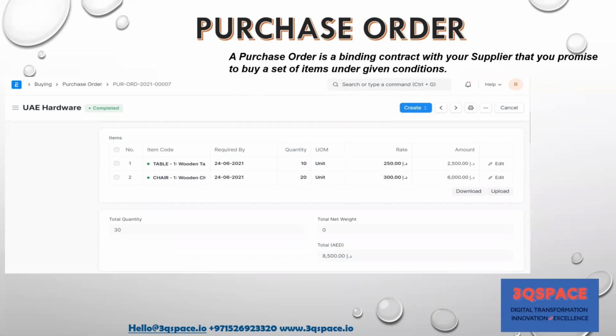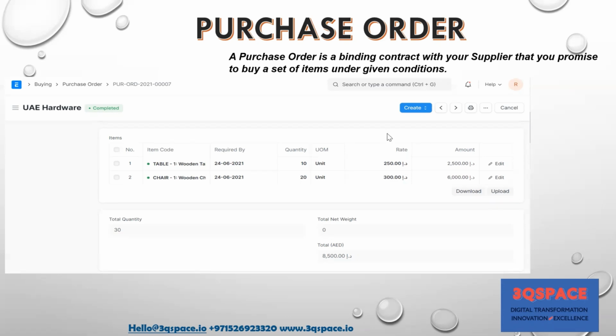Now, once the sales order has been submitted, there are two things that happen. One is that we check our inventory, and if we have sufficient goods in our inventory to fulfil the sales order, then we do not necessarily have to put in a purchase order. But if we don't have sufficient inventory, then a material request is submitted, and then we put in a purchase order with our supplier that we need these goods by a certain date.